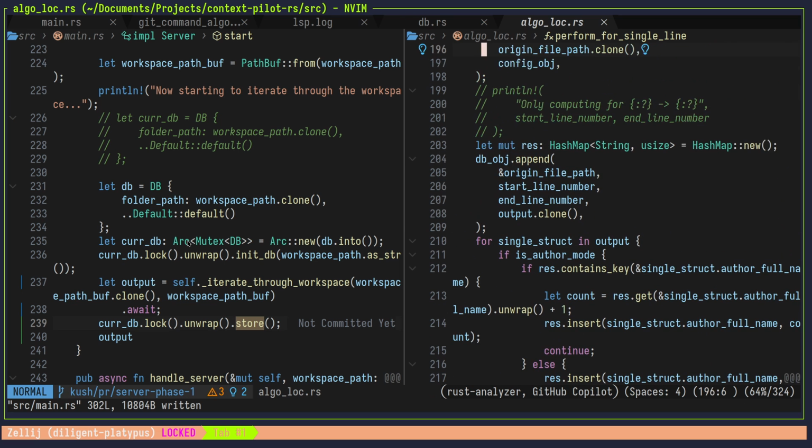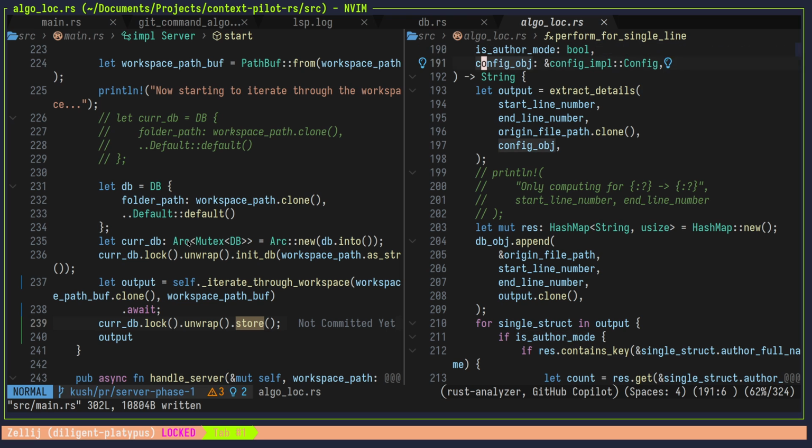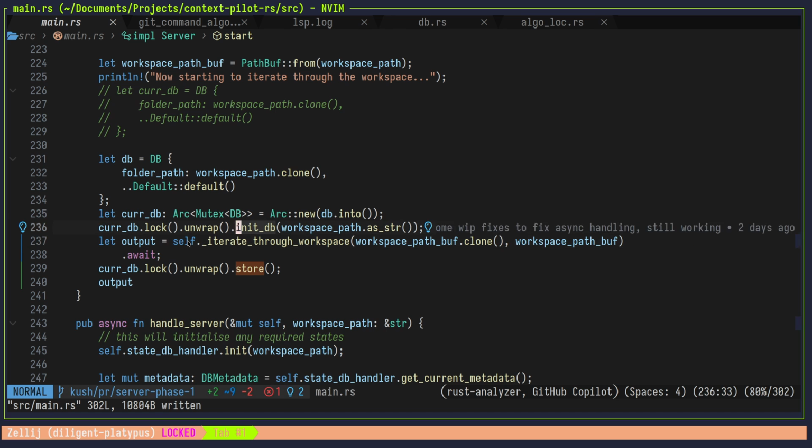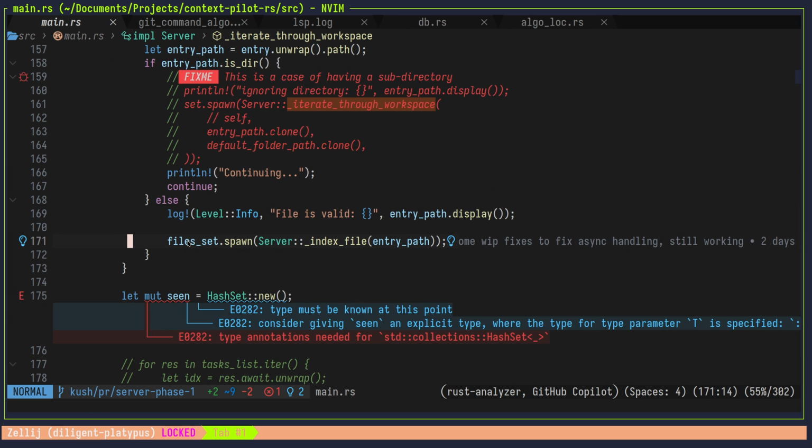So what we do, we get the string, extract details as well. I believe that was already done. Then you need to do this. So directly I was getting, so if I go over here,